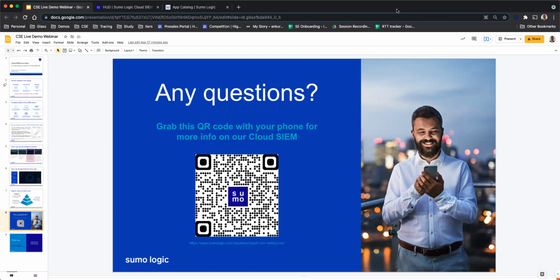We have instances across the globe. You can decide to keep the data depending upon where you want to localize your data. The third factor that contributes to the pricing is how long you want to retain the data in the Sumo Logic platform. So please reach back to us in case you have any questions with respect to pricing, and we are very happy to work with you on that.